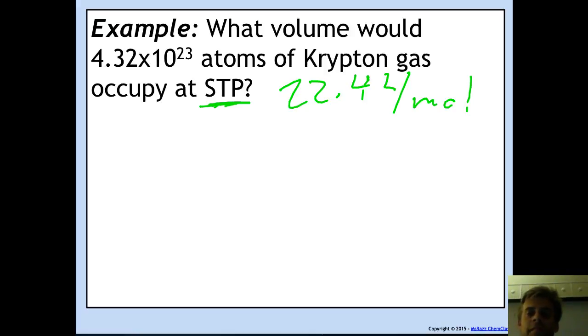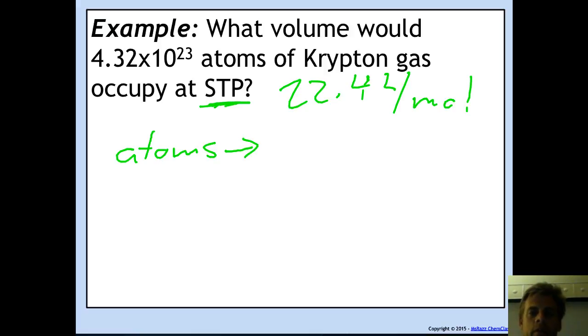Now, sometimes, to be honest, they'll throw in that information to sort of mislead you. So it is really important that you get your head straight and think it through. But let's look here. We're going from volume, right? So before we even bring this up, let's just write it down here. We're going from atoms, right? We're going from atoms to